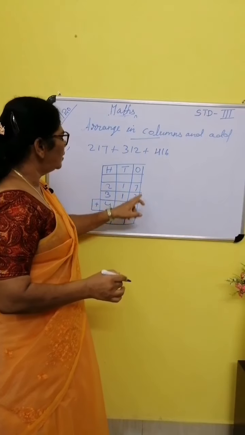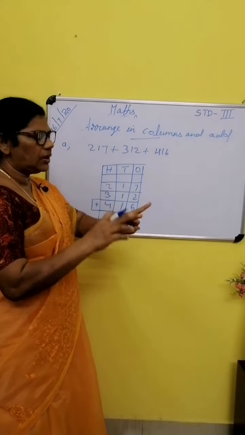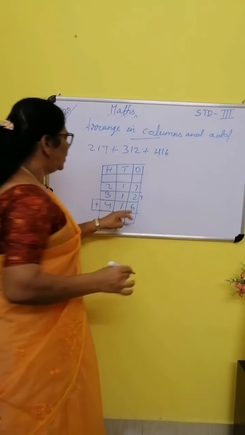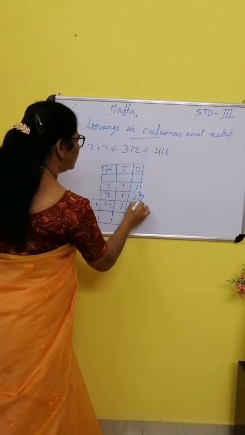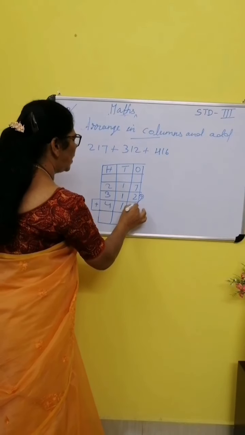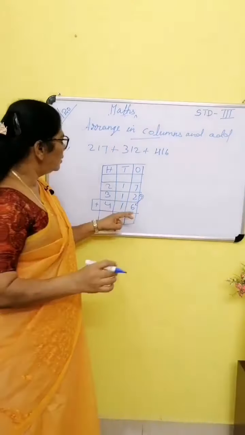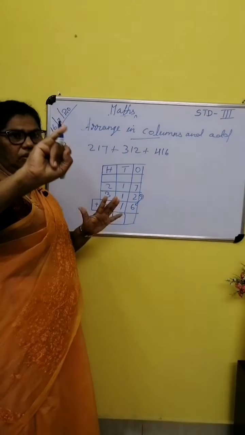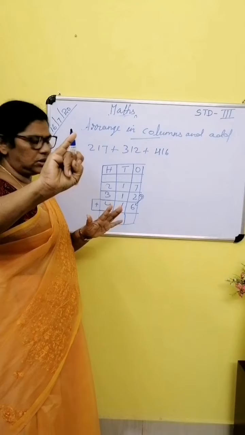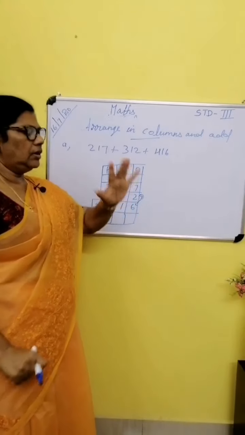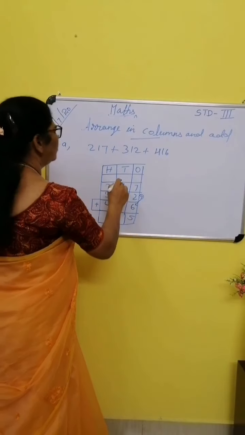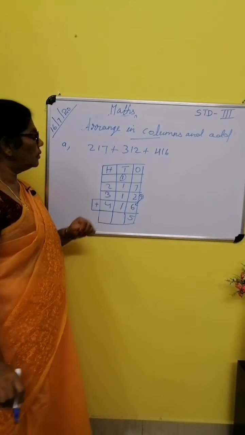First number 7 in the mind, 2 in the hand, 7 after, 8, 9. Then write it at the side. Next, write in the circle. Put a small line like this, an arrow mark, to remember that. 6 in the hand, 9 after 10, 11, 12, 13, 14, 15. So 15, 5 will come, 1 will go to the left side.